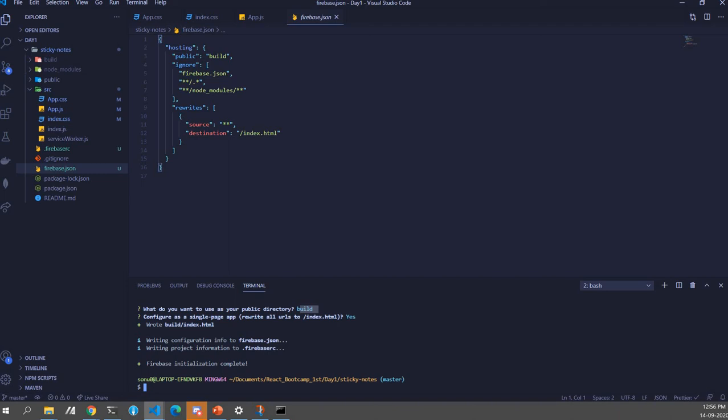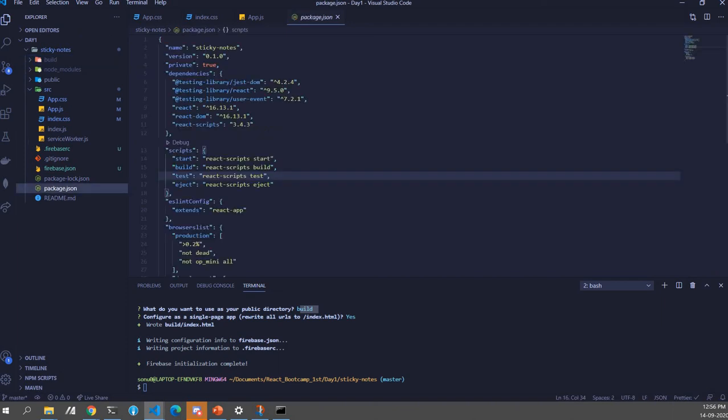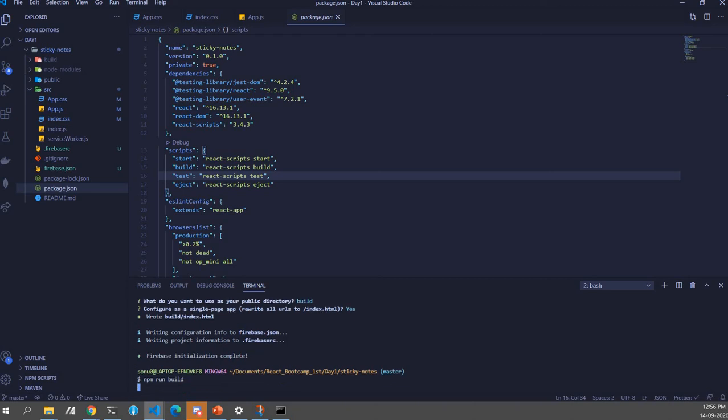So build is basically where all your code gets built and compiled in React.js. To run that particular script, we write npm run build. After all the Firebase init things are completed, just write npm run build and press enter.